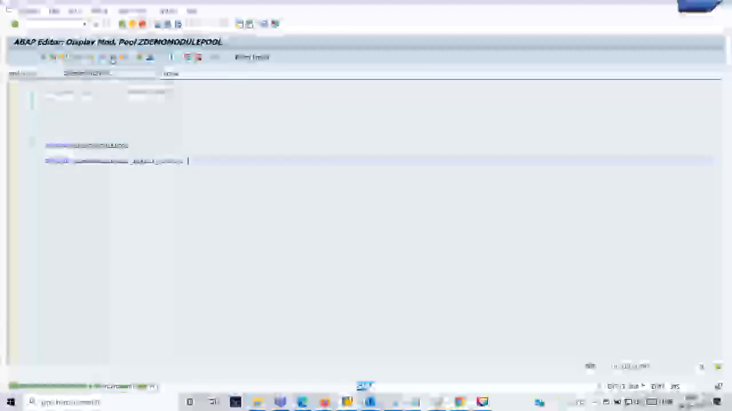If I try executing, it will say, "Boss, this is not a report, so it is not executed directly from here. You should either test it from your module pool or assign it to a transaction and execute it." To see the code, you can just come back. The GUI status we created includes a program here. Now going back to my SE51 screen,